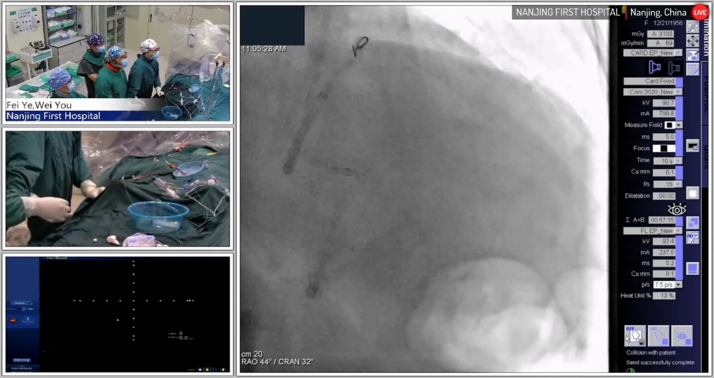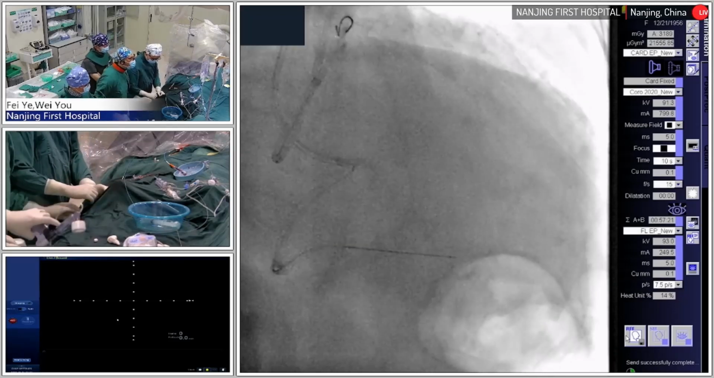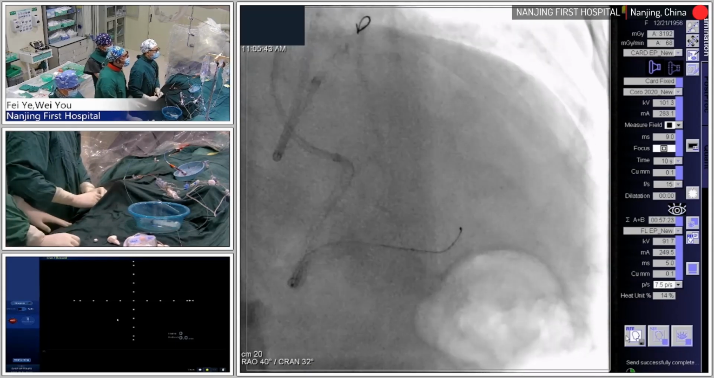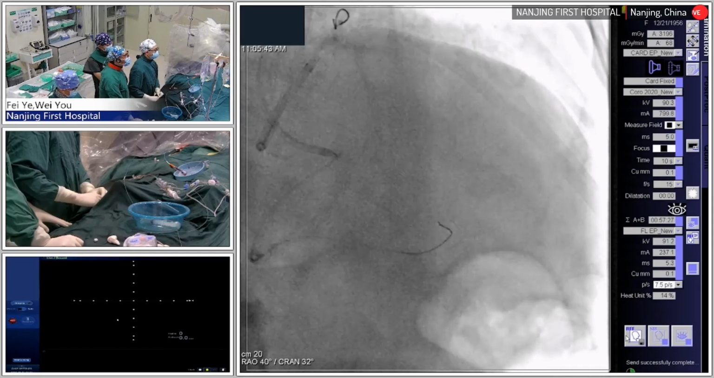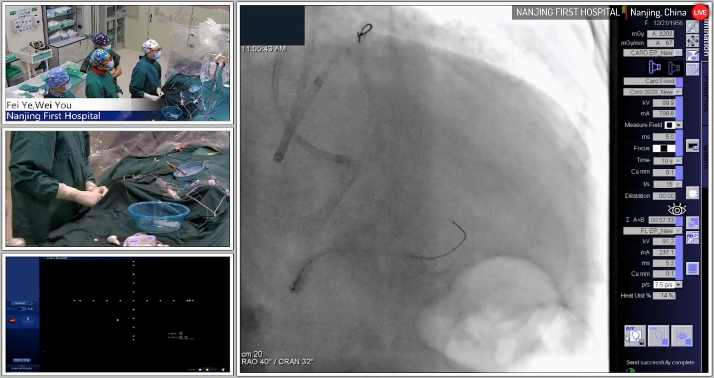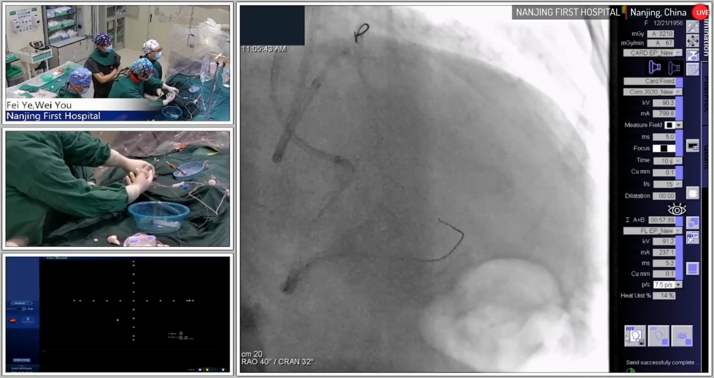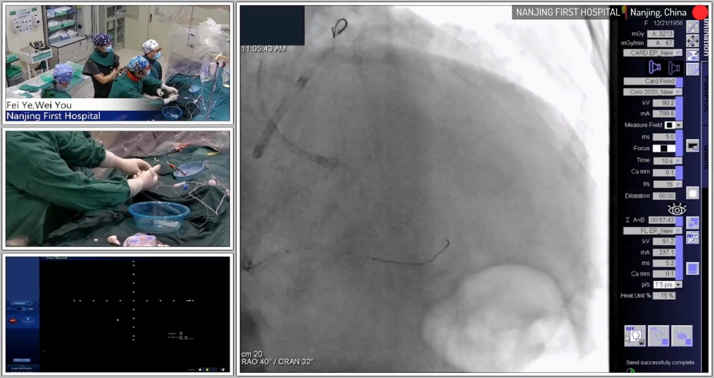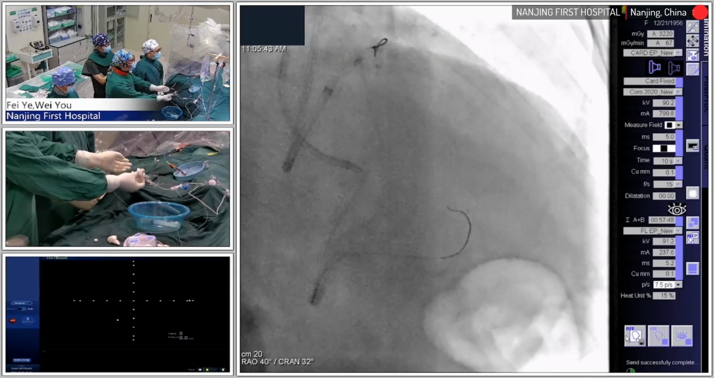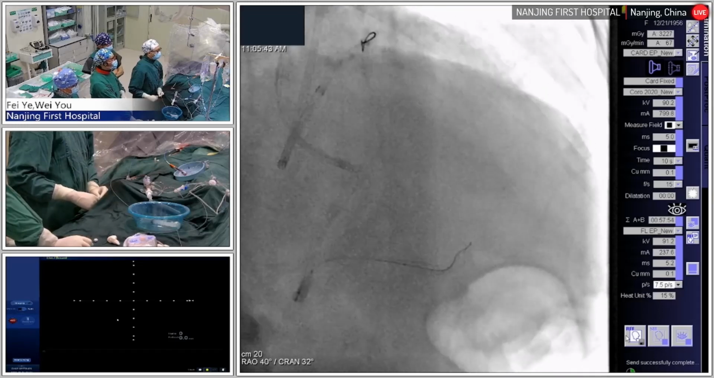Same projection? Yes. Okay, center. Angle. No, no. It's in the ventricle. Look at the tip of the wire, it was floating, so I think it's in the ventricle. Put it back to find another. Okay. This is better, but